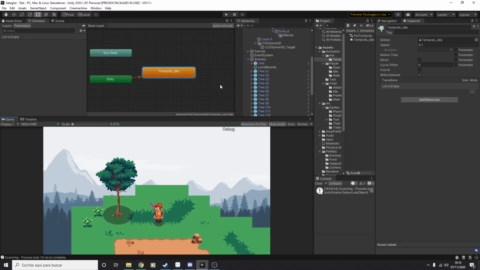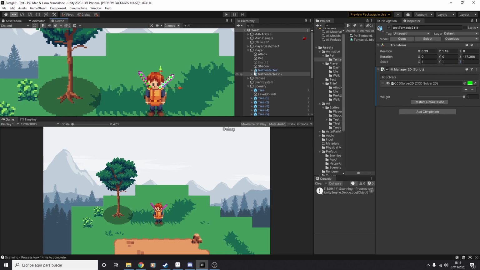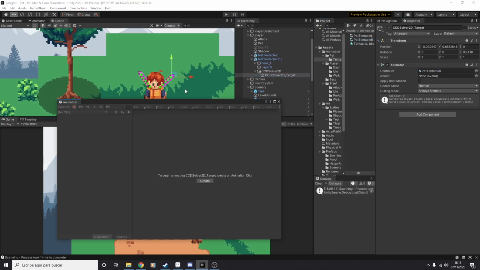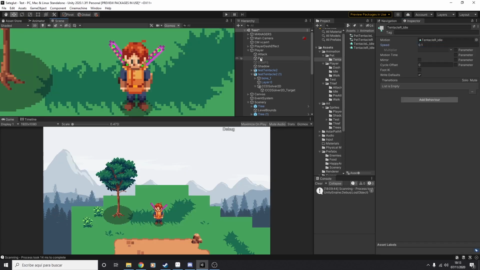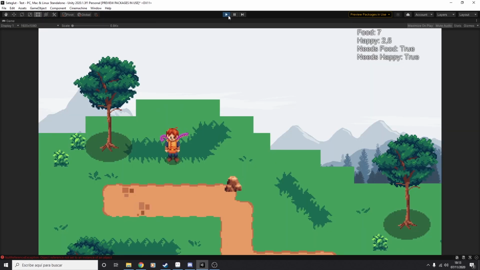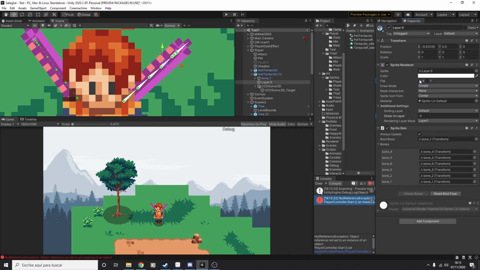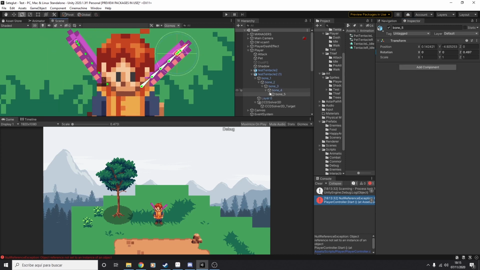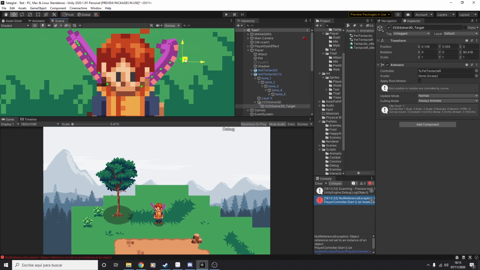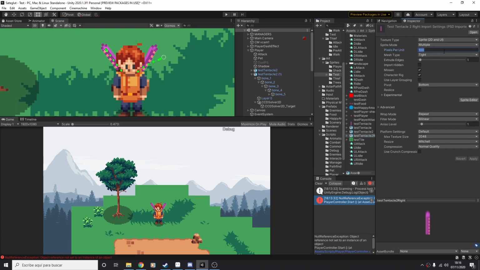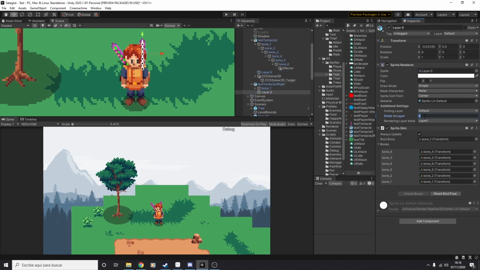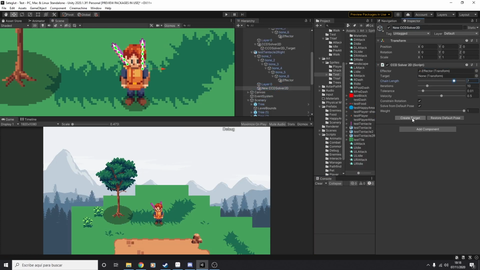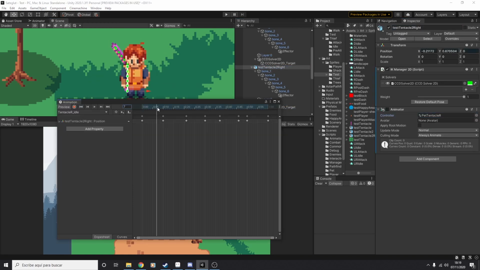I wanted two tentacles to stick out, so I duplicated the one I had animated, but this had a problem. The bottom of the tentacle was in the wrong position, so I had to find another solution. I tried flipping the sprite to create a mirror effect. Sadly, this didn't work either, as the bones got mirrored as well and the IK wasn't working properly. So I decided to create a brand new tentacle. This way it looked right and gave me the freedom of animating it differently from the other tentacle. This was the result.